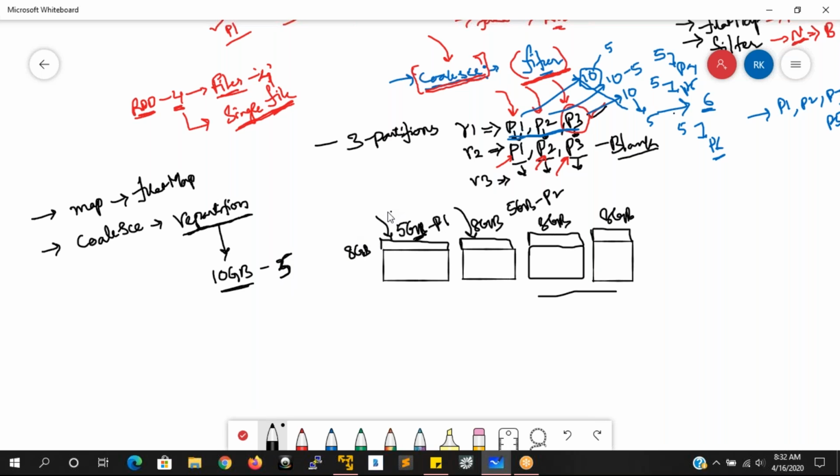Here 2 GB, here 2 GB, here 2 GB, and here 2 GB, and the remaining 2 GB can be assigned to one more machine. Here we have some core processors. The volume of data each core processor runs on is less compared to before, so that will increase the performance of your job execution.